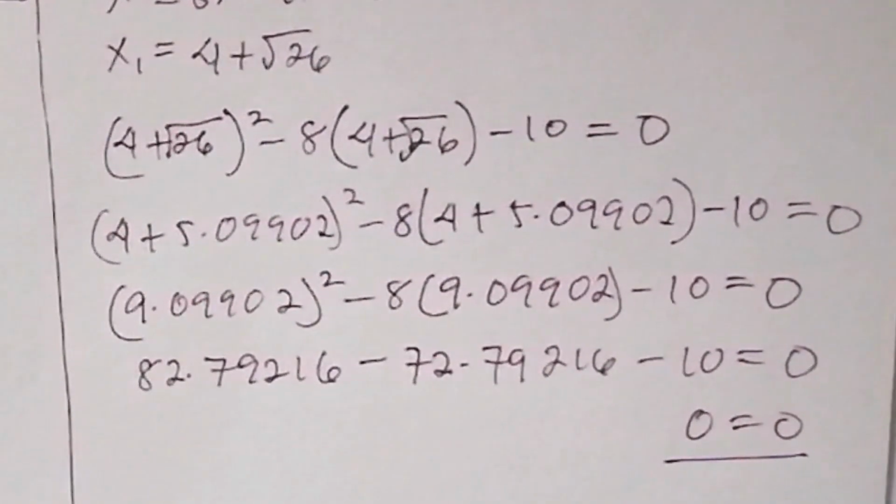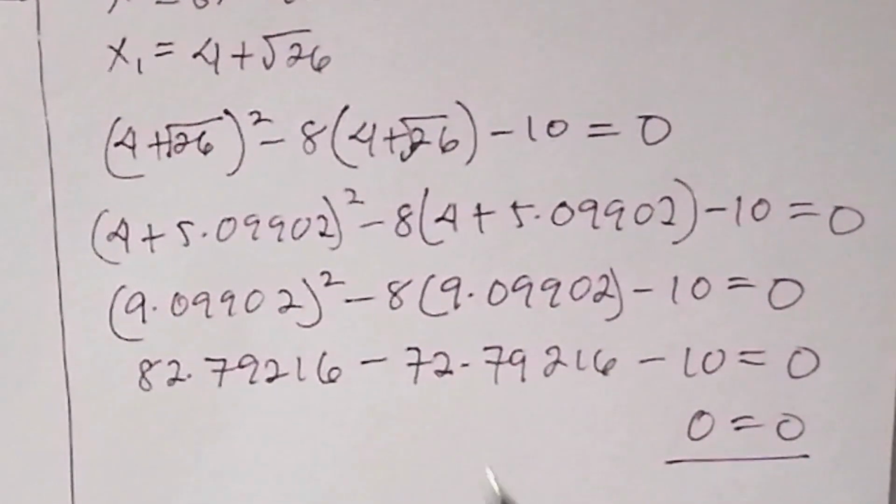As you see the result, both sides are equal to 0. This means that x is equal to 4 plus the square root of 26 is one of the solutions of